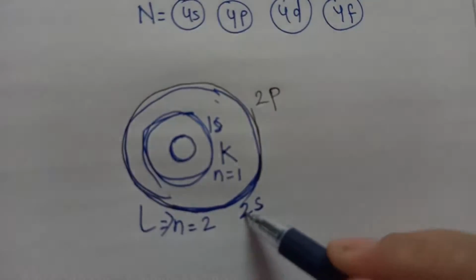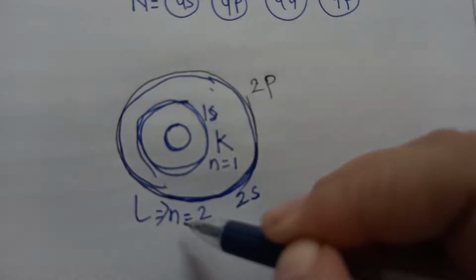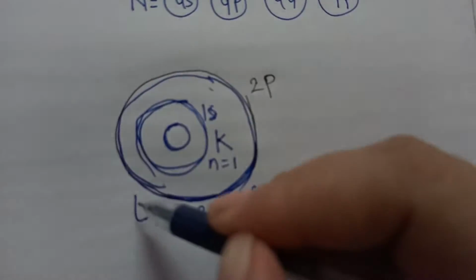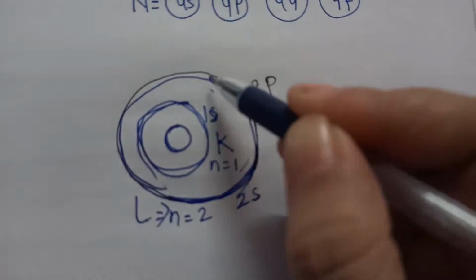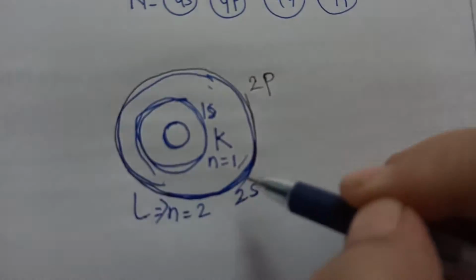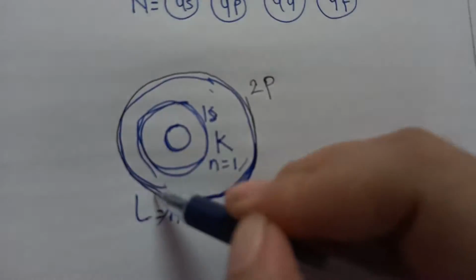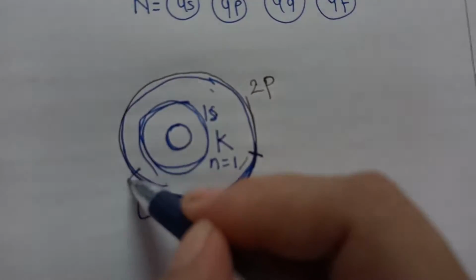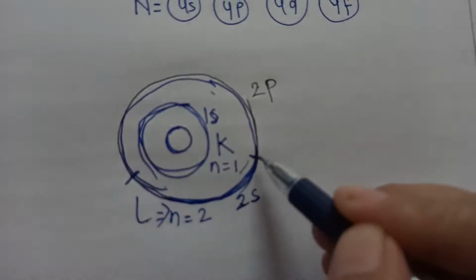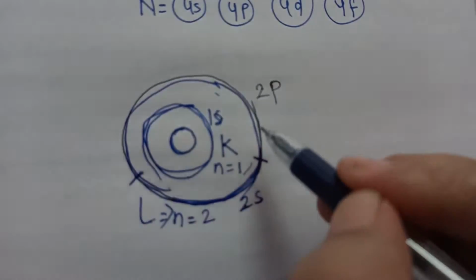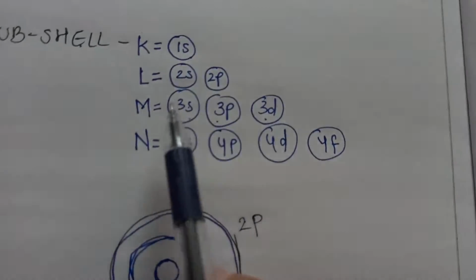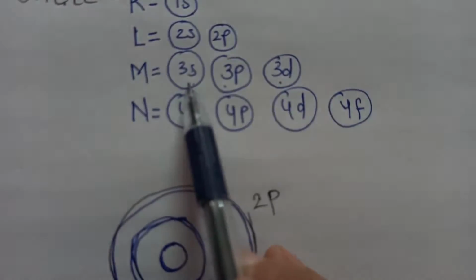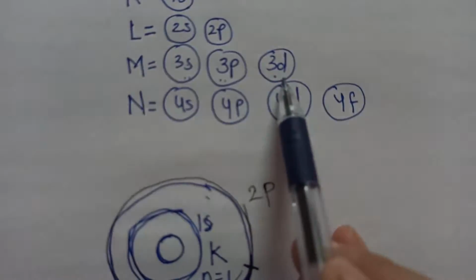See, these are the subshells of the shell N. This entire circle is the L shell and it has two parts. This much is 2s. This is just a supposition for understanding. Supposedly this much is 2s and the leftover is 2p. Similarly, M has three parts, 3s, 3p and 3d.